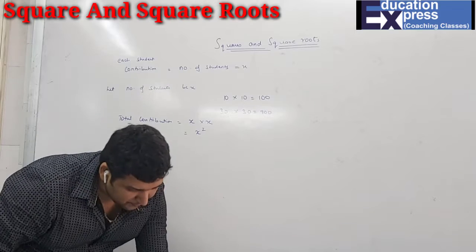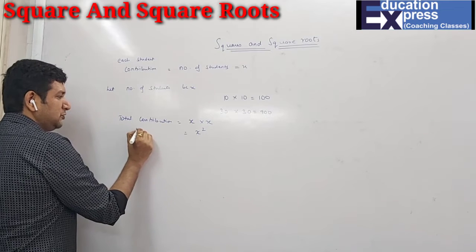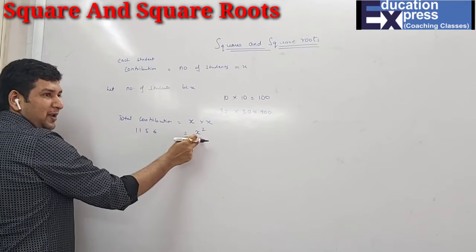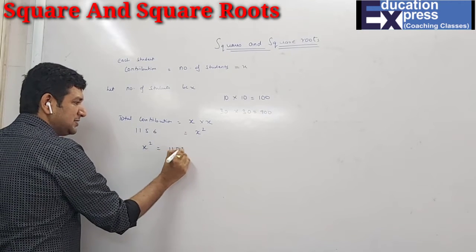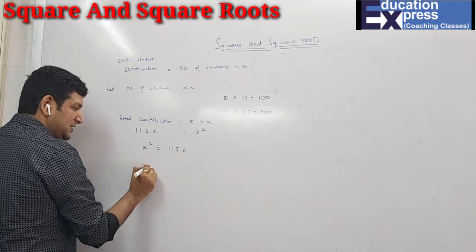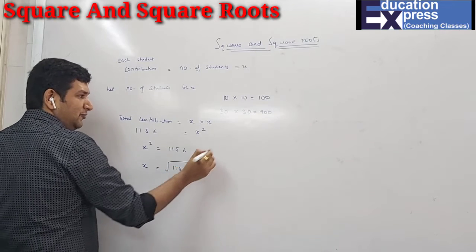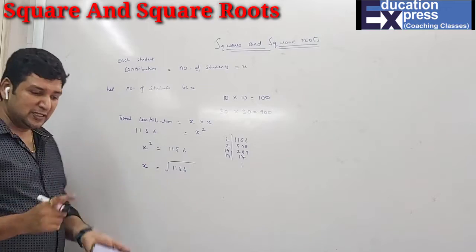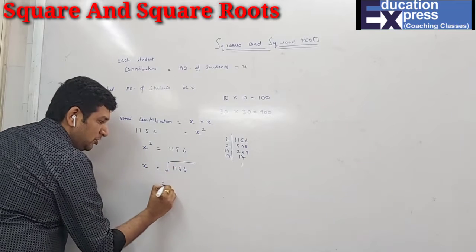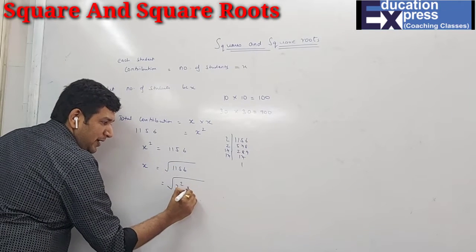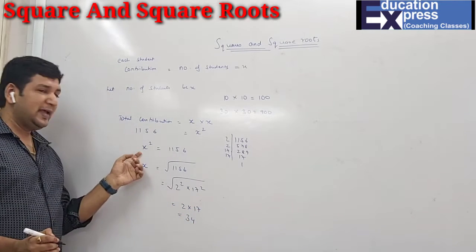But they have given us the total contribution was 1156. So the total contribution was how much? 1156. So it's a square. To find this, I have to do a square root. That means if X square is 1156, and now if I want to find only X, I have to do a square root. So if I do square root over here, I have to do square root over here also. And now I'll find the factors. Now the 17 square you should know. That means you should know the squares from 1 to 30. So now this will be under root 2 square, 17 square. So 2 into 17 is 34. So you understood, students, X square, how I got?